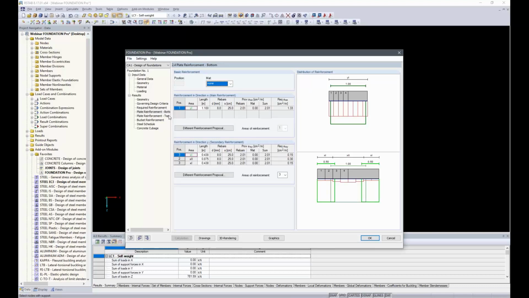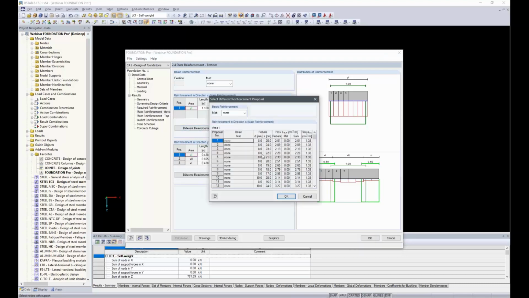If that's not what I want, I can click on different reinforcement proposal and select a different size or distance for the reinforcement bars. For this example, the reinforcement proposal is okay, and I can skip to